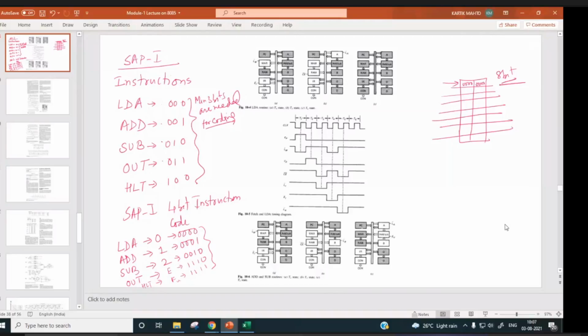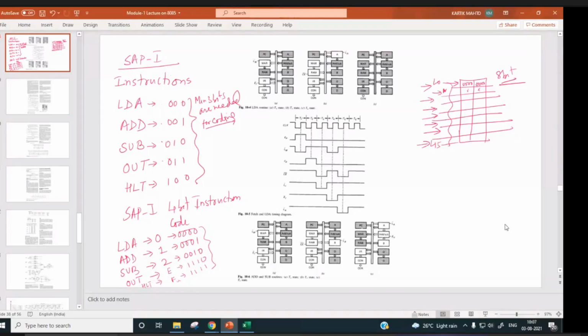So this 4-bit instruction you can store in a memory, right? Now, how many locations are there? L0 to L15. So for sending the address, how many bit address is needed?